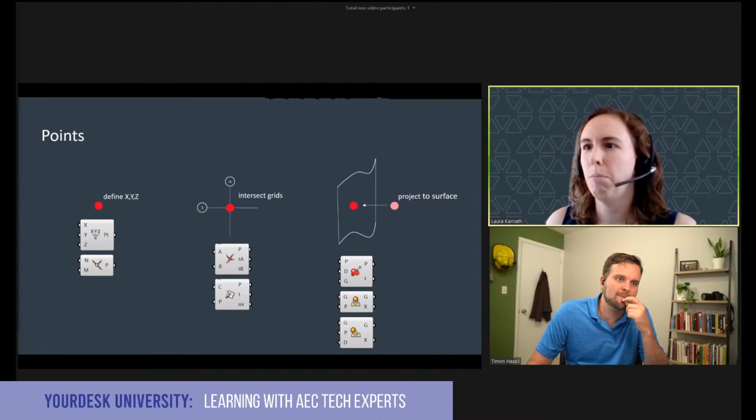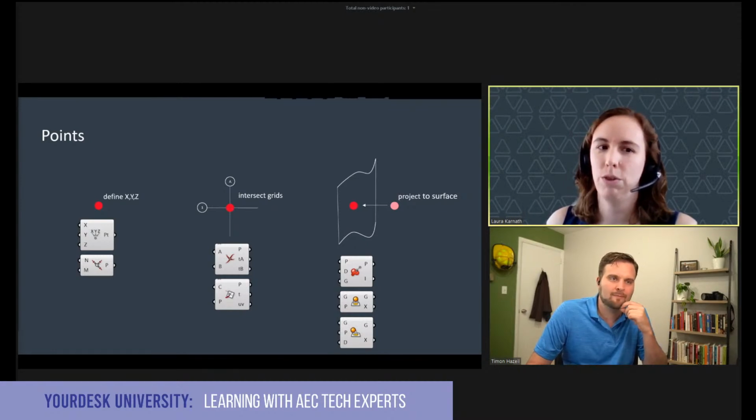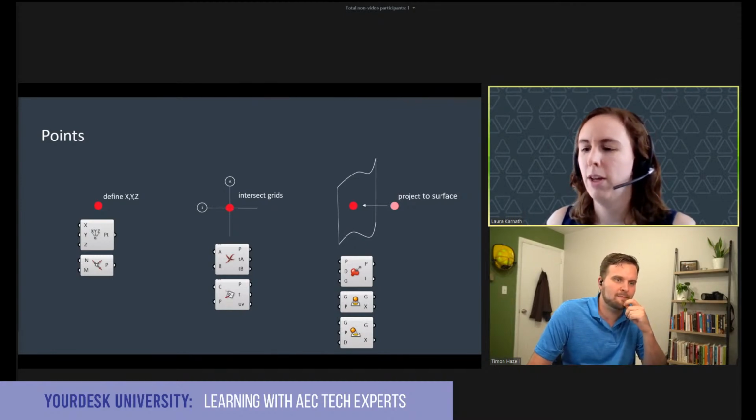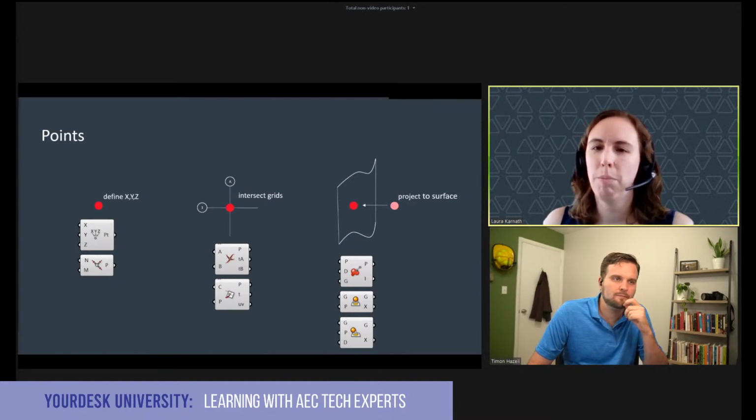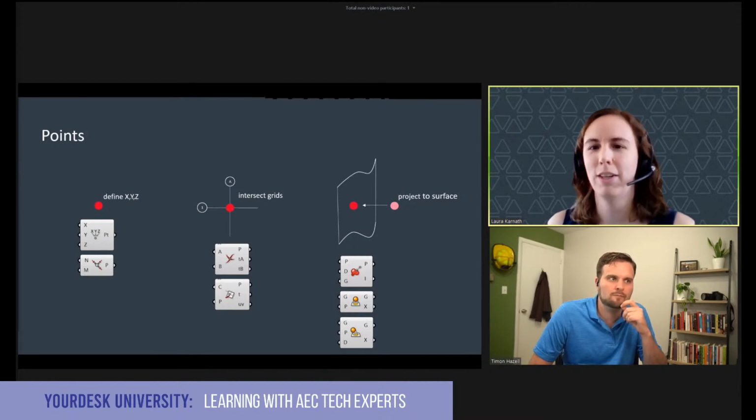We know that there are many different ways to do a point in Grasshopper, right? And you want to pick the right one, and you want to anticipate what your needs are going to be in the future on the project when things start adapting. And that's what you need to help people with, to think like five steps ahead.